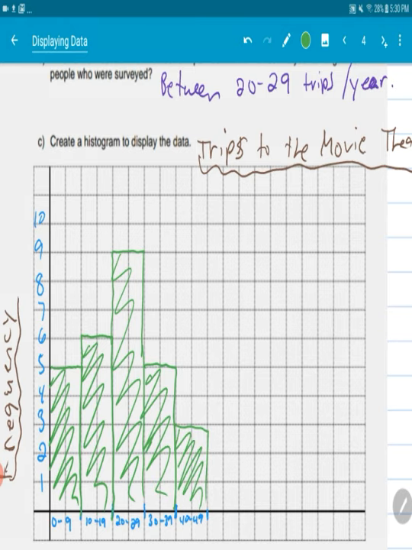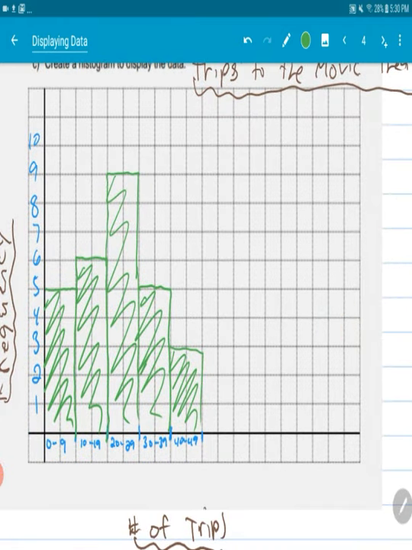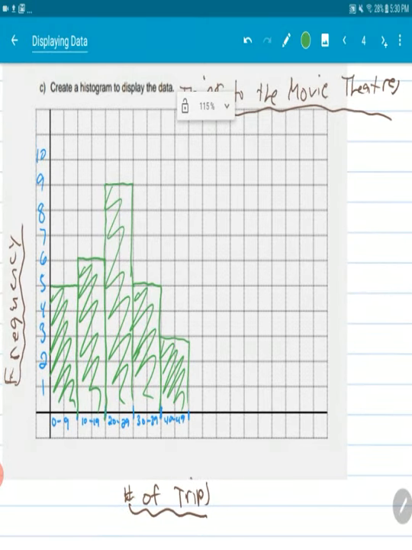And now you could probably color it in nicer with a stylus here. Now you have a histogram, and now you've seen an example of all the different types of graphs. So hopefully that makes sense to you, and it will be nice and easy to make that